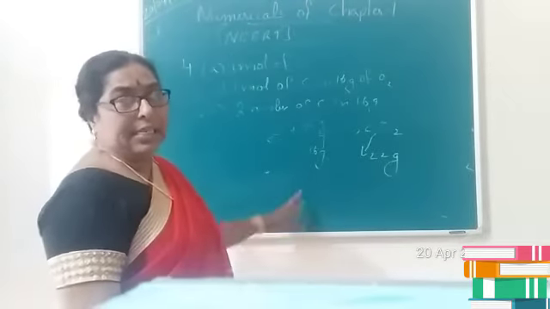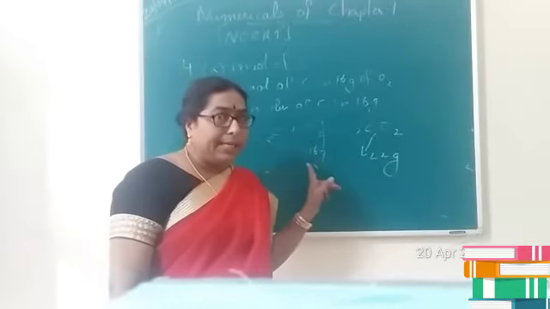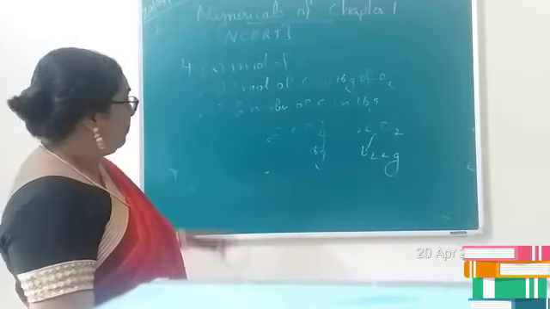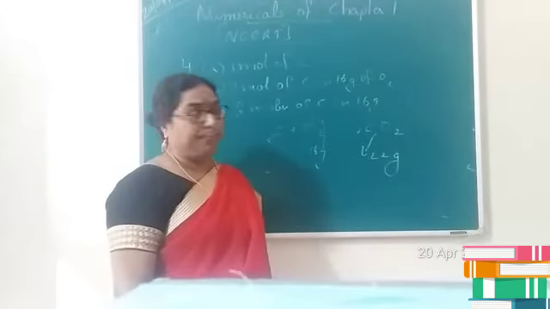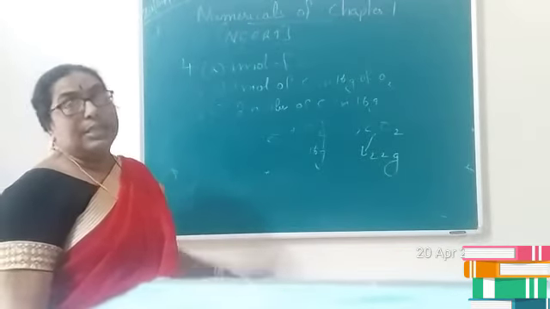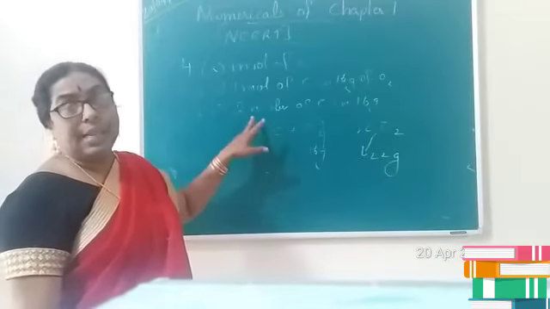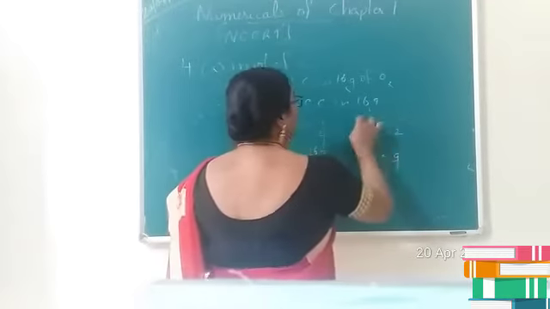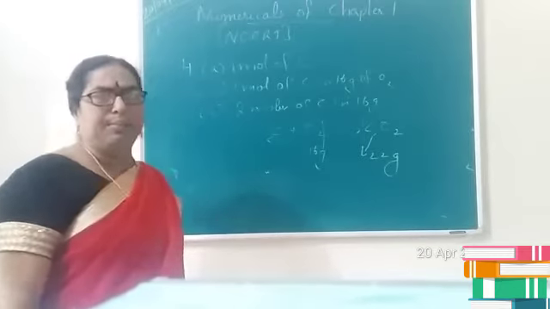Is it clear, children? Since the amount of oxygen is less, or we can say that oxygen is the limiting reagent here, it produces only 22 grams of carbon dioxide. Now the third case, 2 moles of carbon in 16 grams of oxygen. Is it possible to react 2 moles of carbon with 16 grams? No. 16 grams of oxygen is able to react only with half a mole of carbon. That means even 1 mole is not possible. So obviously the amount of carbon dioxide produced will be equal to 22 grams. Is it clear, children? Yes, a very simple question.